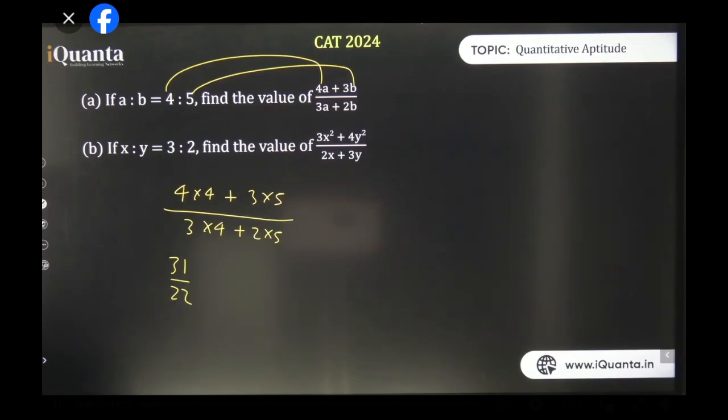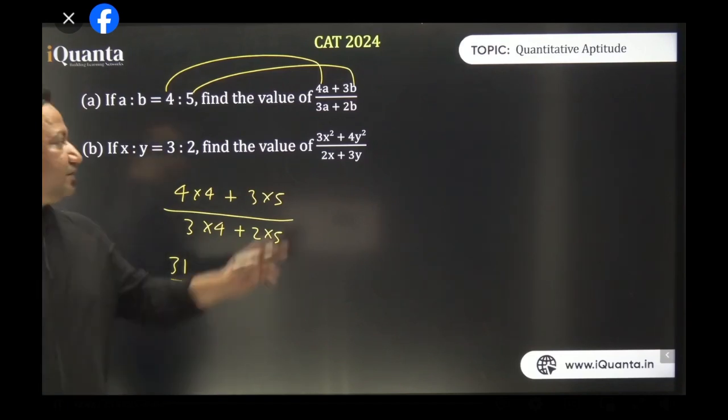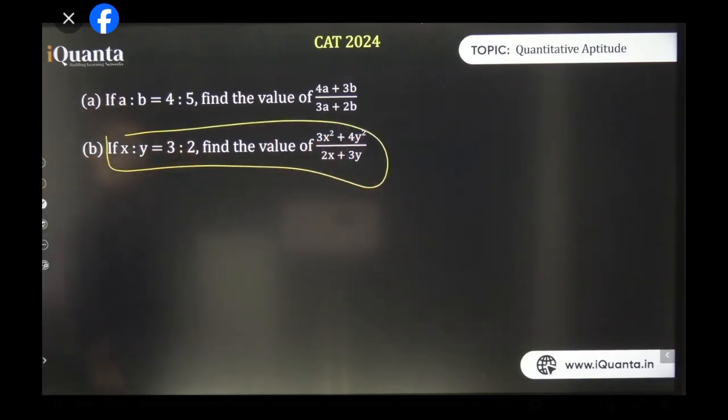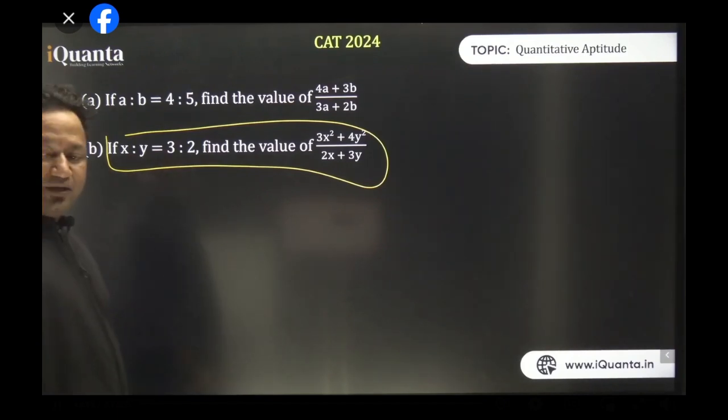That's it, very good. So let's do the second part. B. Let's do B, the second one. This one. So next we'll come to that. People are coming up with the answer. Those who have got 43 by 12 are actually wrong.